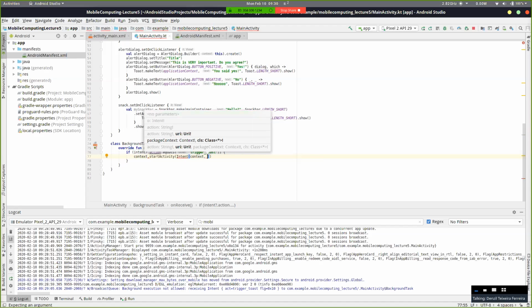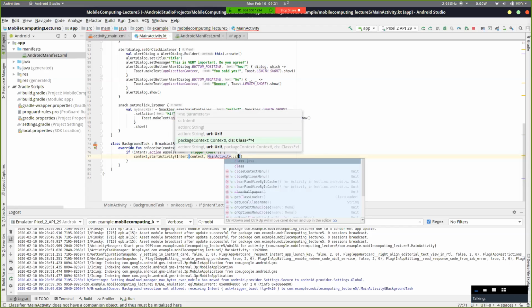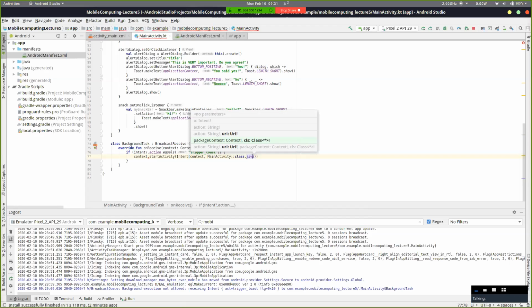Okay, and I'm gonna call my own app. Okay. All right. So what I've done is I will actually just open the app again. So even though I closed it, it will just open it again. Okay. So if I run this now,